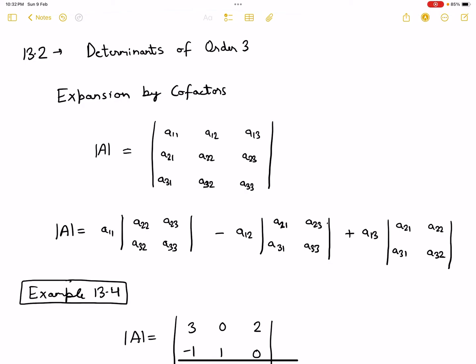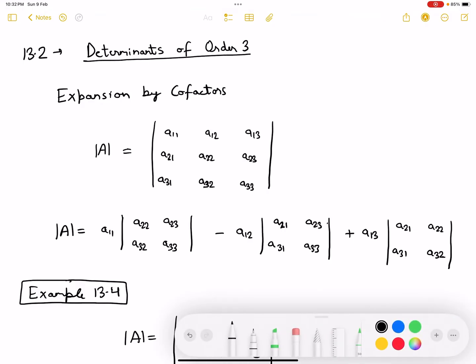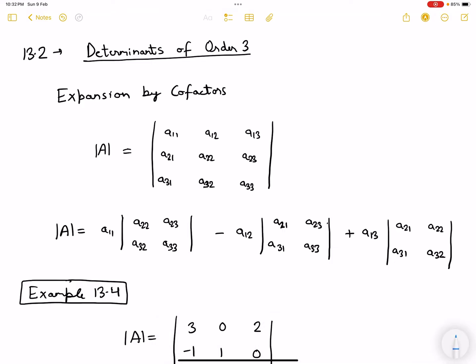Hello everyone. So in this video we'll be doing determinants of order 3. You must have studied in school how to find a determinant by cofactors. We'll use the method of expansion by cofactors. Suppose A is a 3 cross 3 matrix, then you can find the determinant of A as